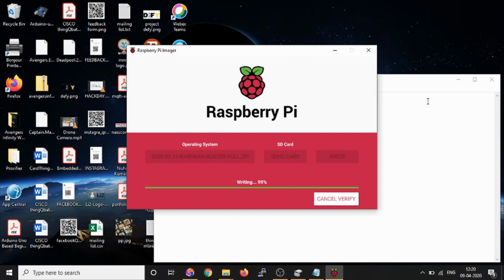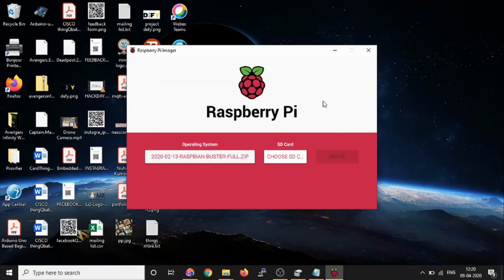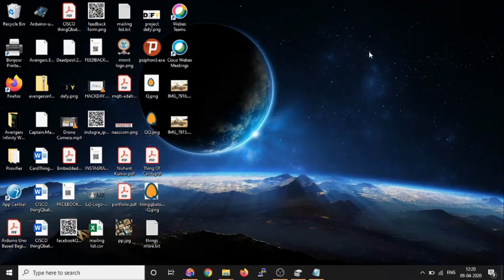Alright, so verification is also almost complete. After this is complete, you can continue and close this window. After closing, do not remove the memory card directly. First of all, you have to safely eject. I guess it has safely ejected.